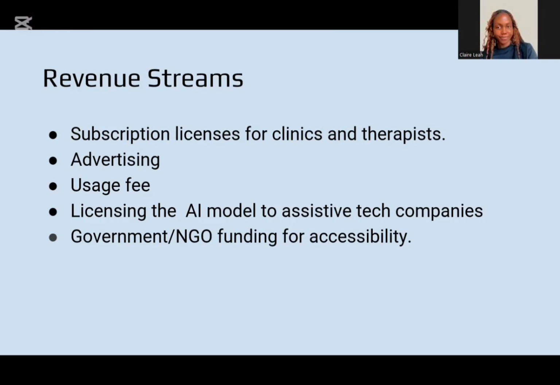There is also an advertising usage fee, and licensing of the AI model to assistive tech companies, and government or NGO funding for accessibility, helping those who are suffering with voice disorders but can't really afford the data maybe. So that's where the government comes in.